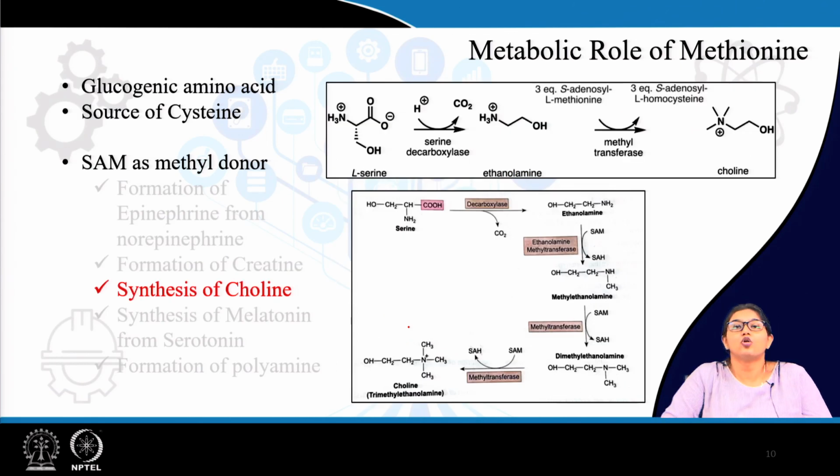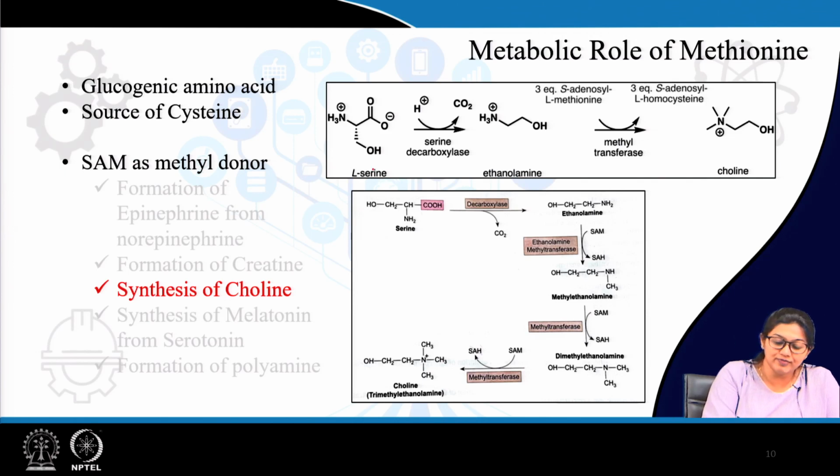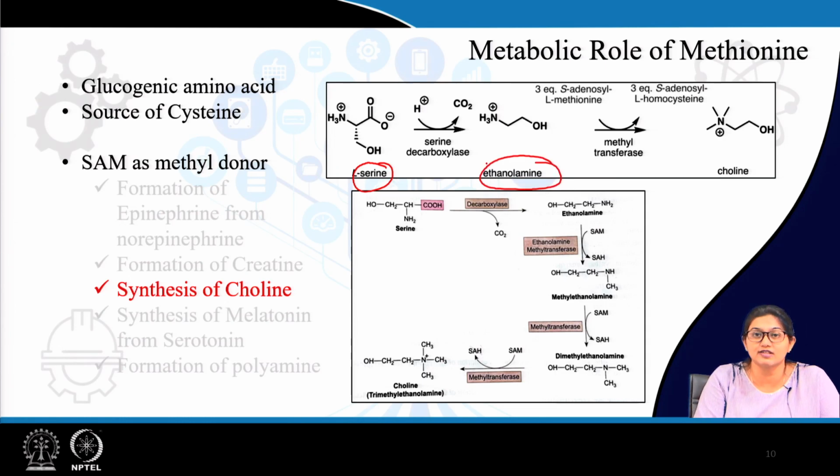Then choline is also formed from methionine. Here the methyl group is donated thrice. So, from the amino acid serine there is formation of ethanolamine by decarboxylation. Now, this ethanolamine undergoes methylation 3 times. So, this is one